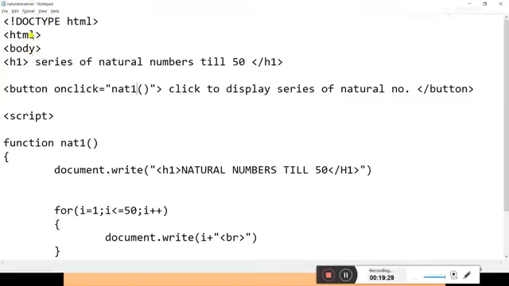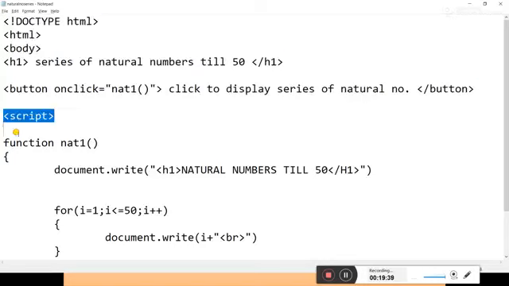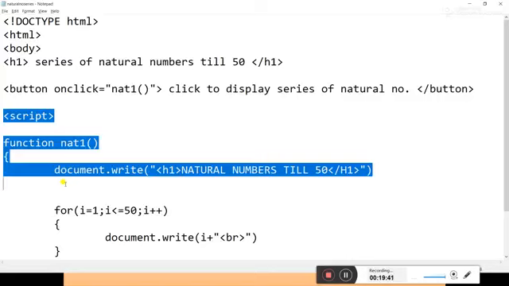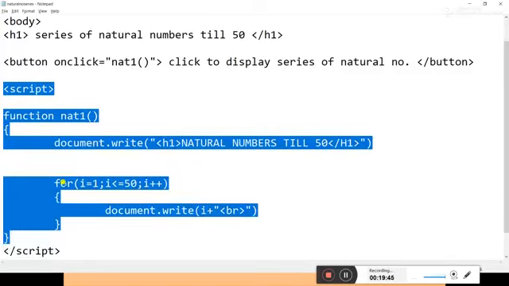Just see the program once again. This is the program where there are two steps. The first step is to create the button and call the event, and the second step is to write the script. In this script you need to write down the function, and specify what you want to do in this function.